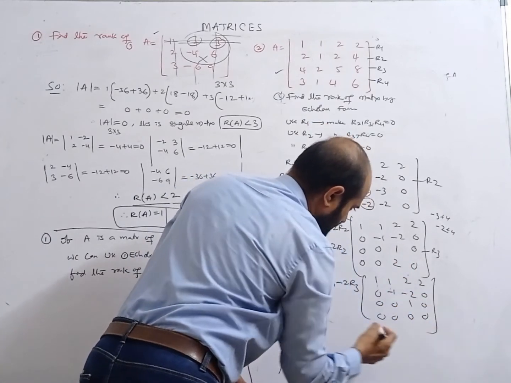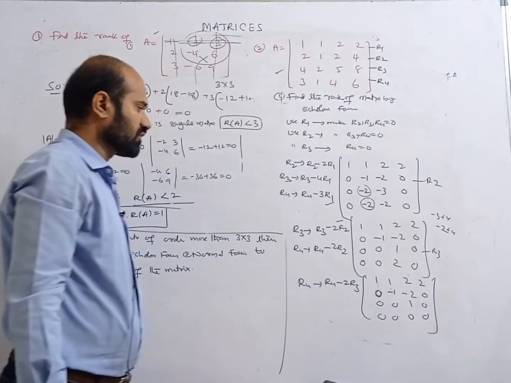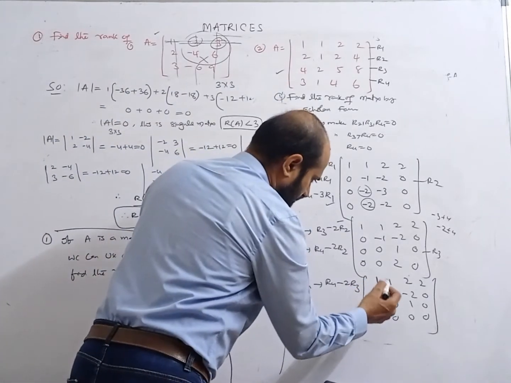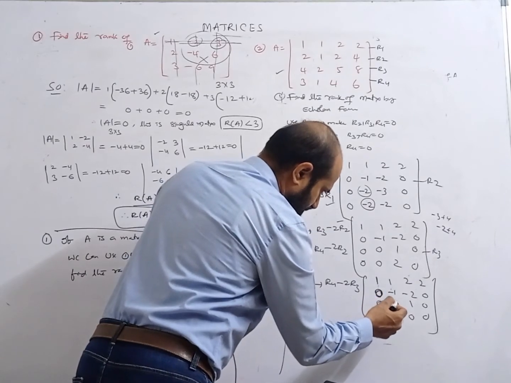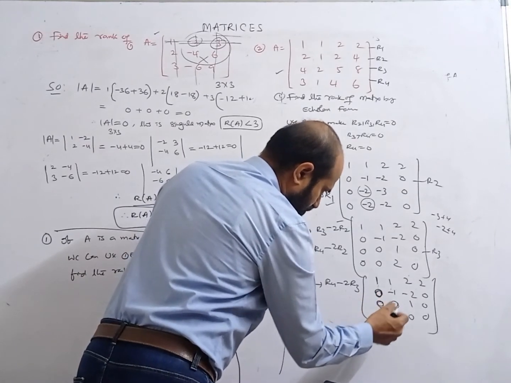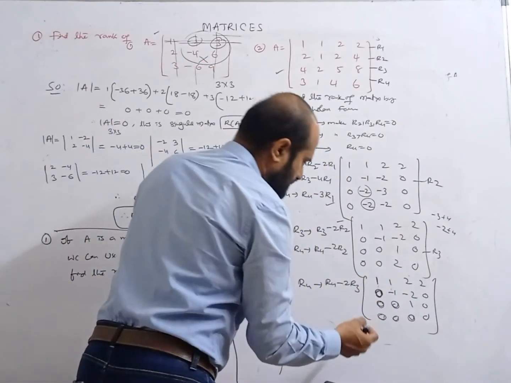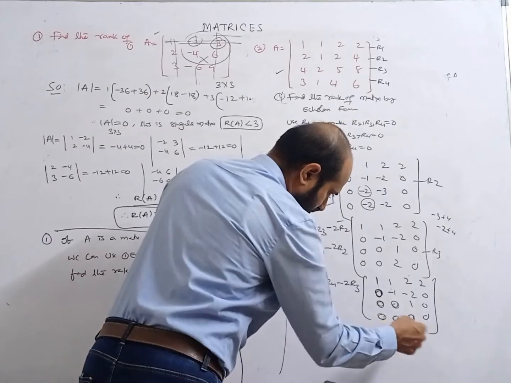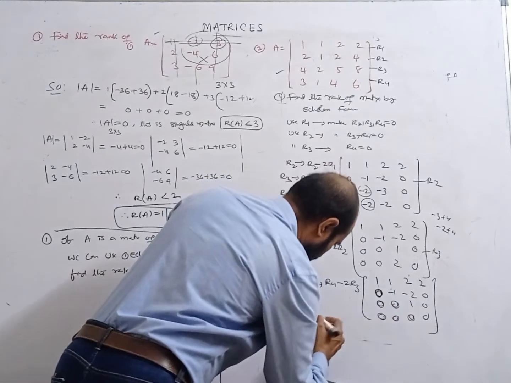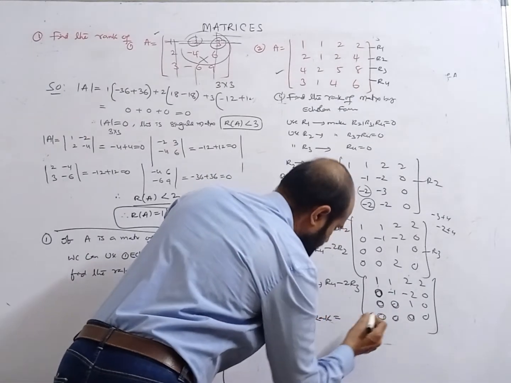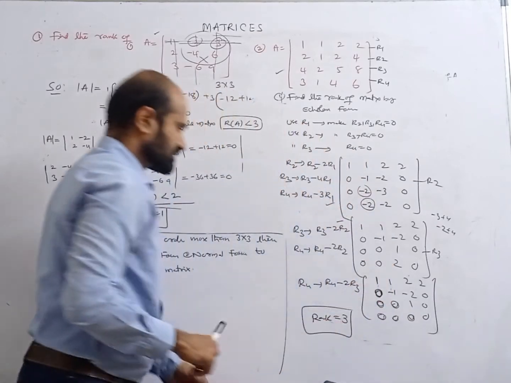If you observe, according to our echelon form, the first nonzero element must be 1 and the number of zeros must be less than the number of zeros in the next row. So with 0, 1, 2 and 3 zeros, the first condition is satisfied. The next condition is that if any zero row exists, write it below the other rows. Clear. Therefore the rank of the matrix is the number of non-zero rows: 1, 2, 3. So 3 is the rank of the matrix, right?